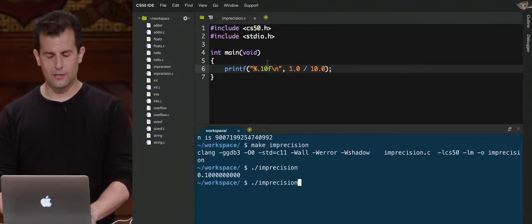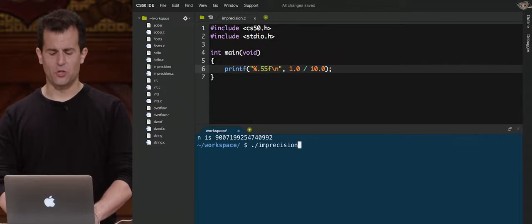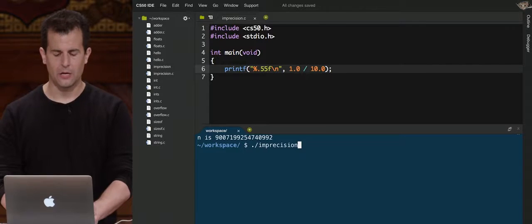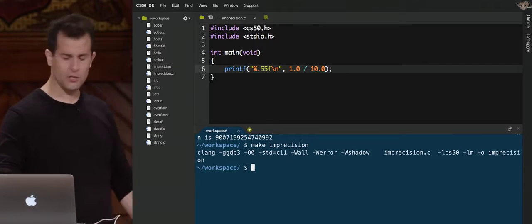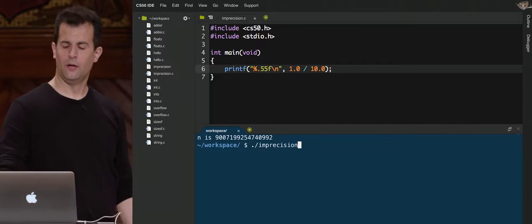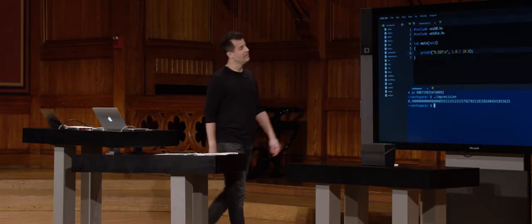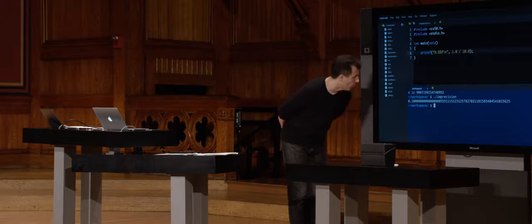But you know what? Let's get a little greedy. Let's say, like, show me 55 points after the decimal. Let's really take this program out for a spin. Let me remake it with make imprecision, ./imprecision. And here we go. Your childhood was a lie. Apparently, 1 divided by 10 is indeed